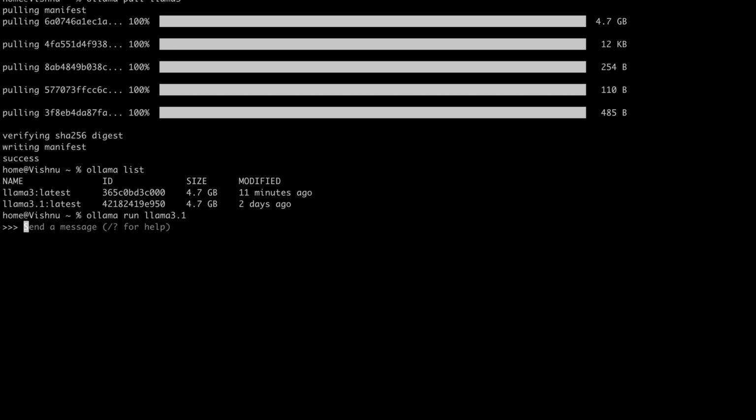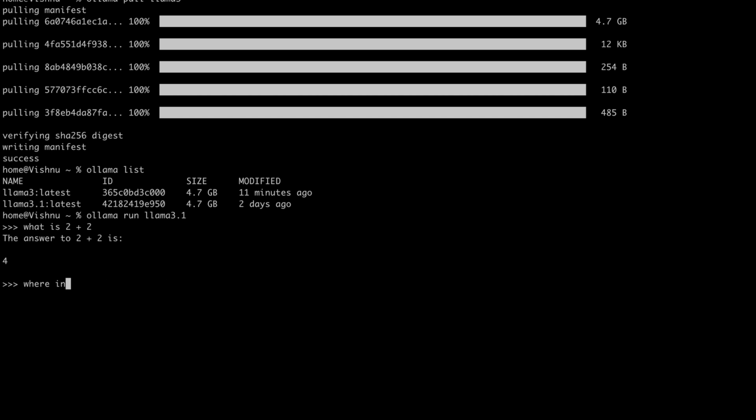So we're at a chat interface and we can ask it a question. Let's start off with, what is 2 plus 2? Math is not a big thing for this. It's a language model, so a calculator would spin it back really quickly, but the answer is 2 plus 2 is 4.